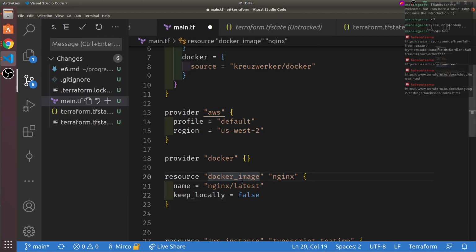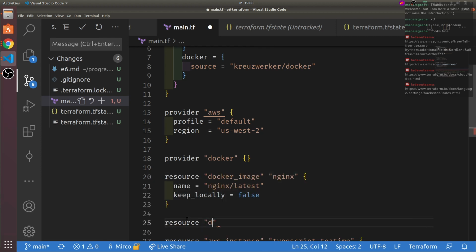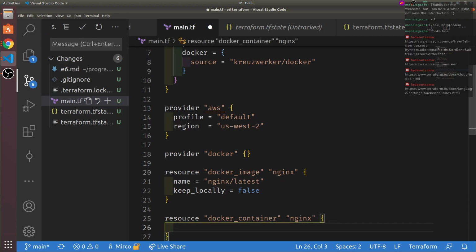And well, Docker without a container is nothing, right? We do have the image, but we also have to define the Docker container. And let's call it also just nginx, I guess. I'm not sure whether maybe we get a name clash, but let's see.